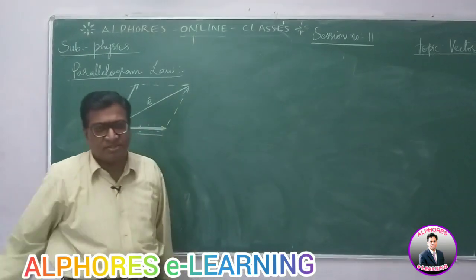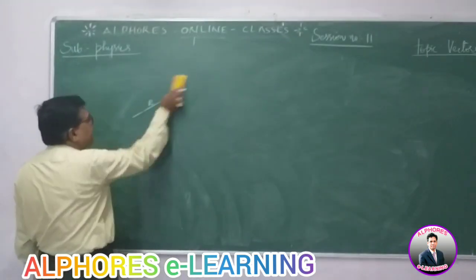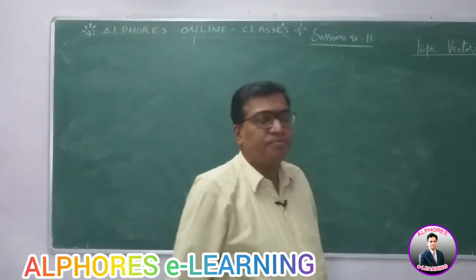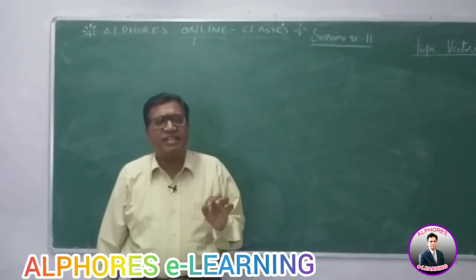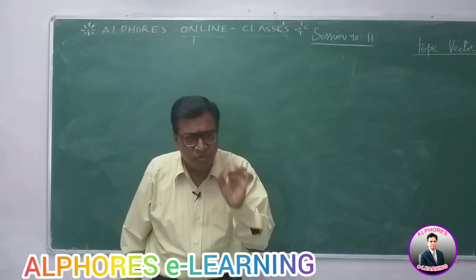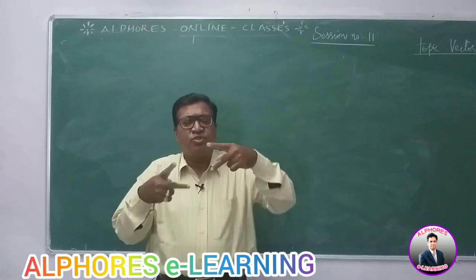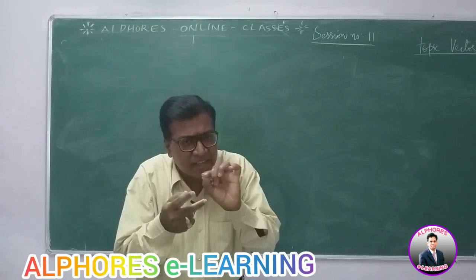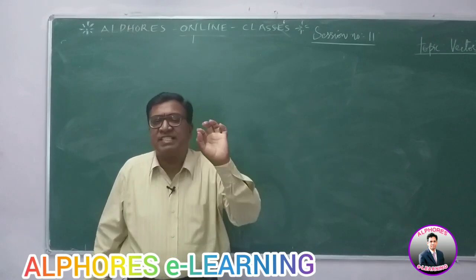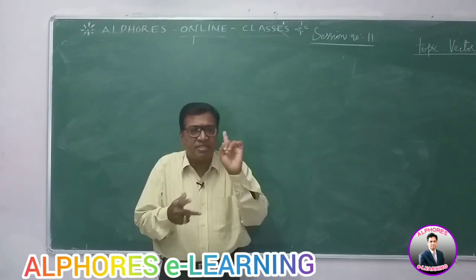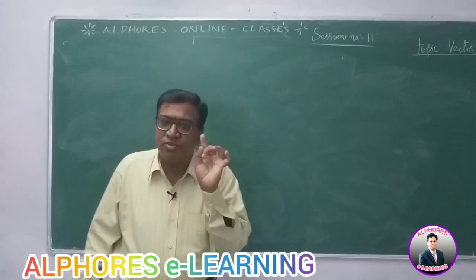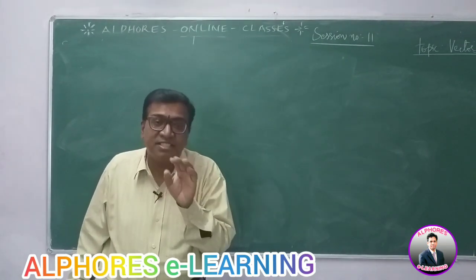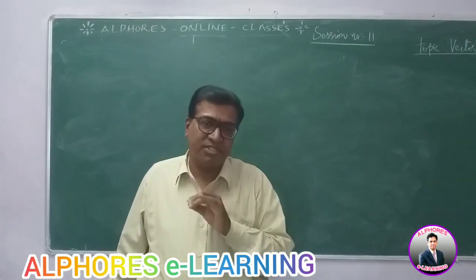Very important case. Okay. So in today's class we have learned about the various cases in the parallelogram law, a very important law to find the resultant of two vectors. If two vectors are represented as two adjacent sides of a parallelogram, then the diagonal passing through the point of intersection of the vectors represents the resultant vector. The magnitude is root of a square plus b square plus 2ab cos theta. The direction is tan alpha equals b sin theta by a plus b cos theta.